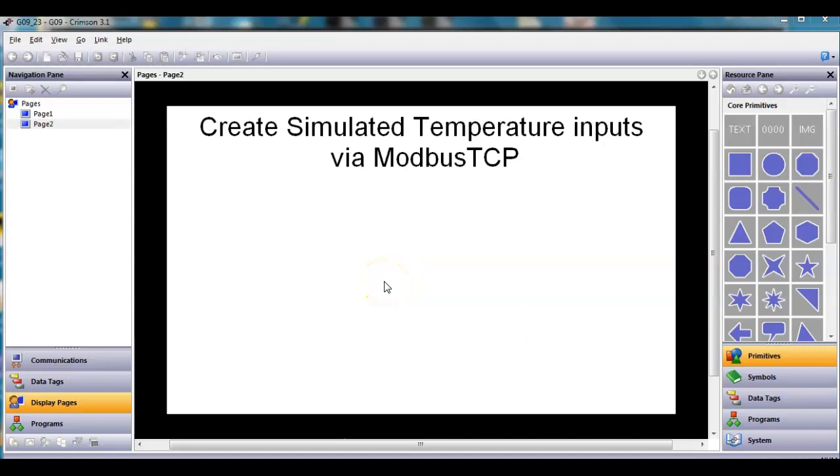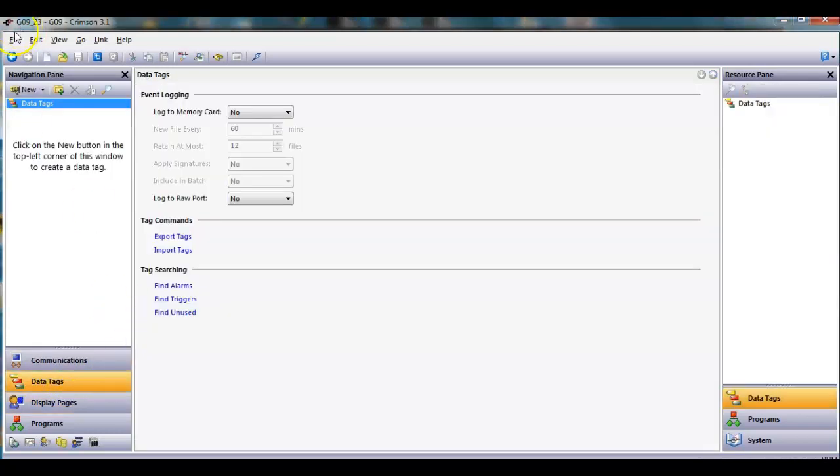Hello there, folks. This quick video today is going to create simulated temperature inputs so that we can use this HMI for the other ones to read values to simulate a temperature input. So what I'm going to do here is first go create a data tag over here,